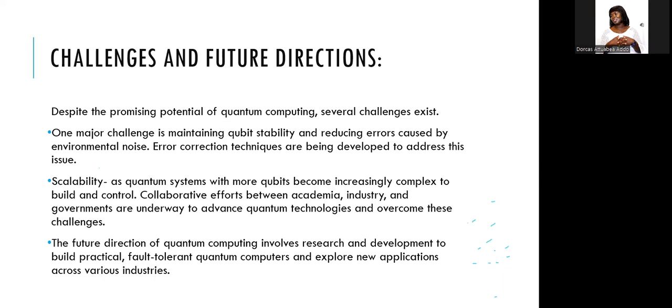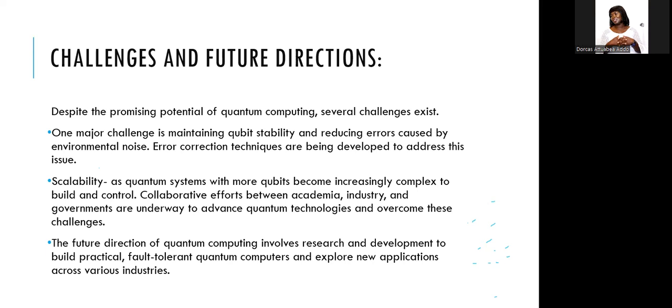A quantum computer exists in a very delicate environment. If you Google it right now, the picture you get is of something that looks more like a chandelier, and then maybe something right around it, right? That coverage is to maintain certain temperatures. So it exists in a very delicate state. A little bit over, a little bit under, it causes a problem. So maintaining qubit stability is a bit difficult.